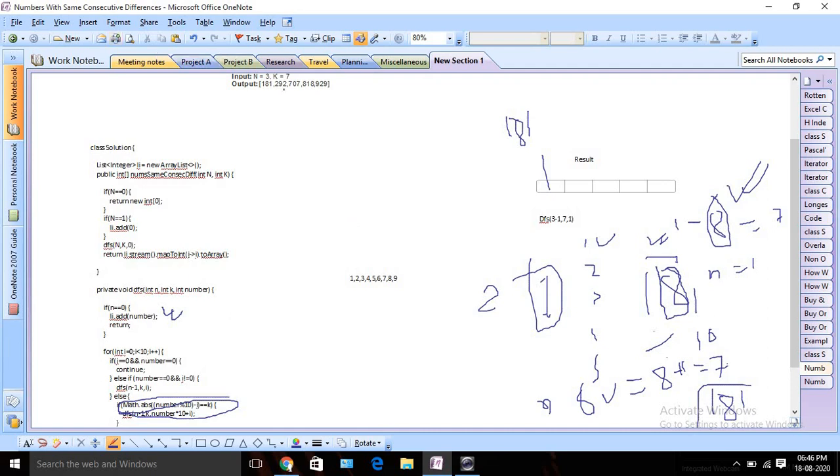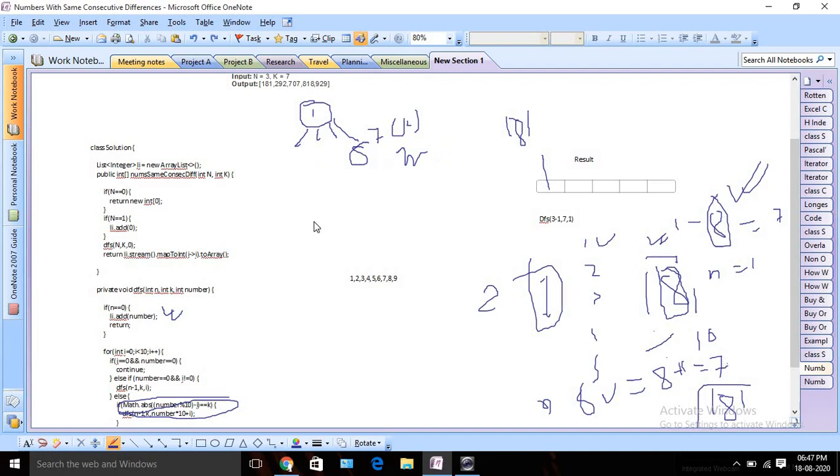If you try to draw the flow, at first we will pick one number initially. I will start from 1, then I will check all the possible combinations where my difference is 7 in the first example, or k. If I found any number where my difference is 7, probably I found 8 initially, then I will decrement my n value. n will become 2 and the number will be 18.